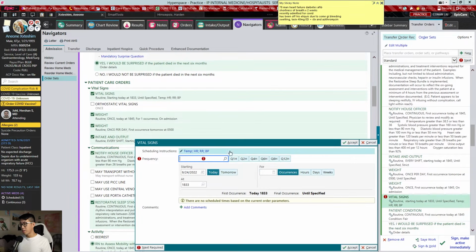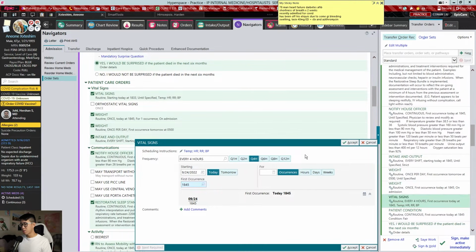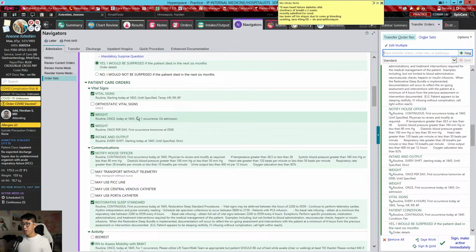Vital signs, we're going to click here. And you're going to determine if you want it every 4 hours, every 6 hours. The most you can do on the floors at my institution is every 4 hours. But obviously, if a patient's more stable, I usually do every 6 hours. But he's just coming into the hospital, so let's do every 4 hours. We'll get weight once now, and we'll get